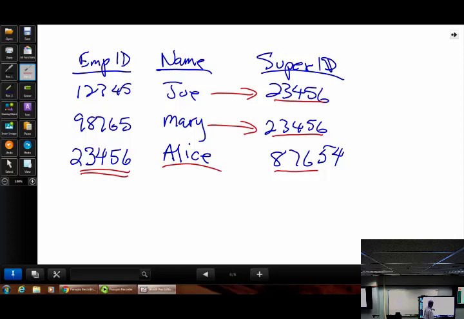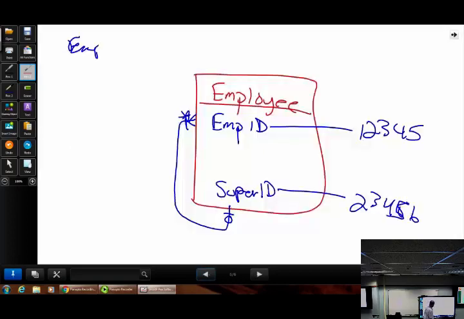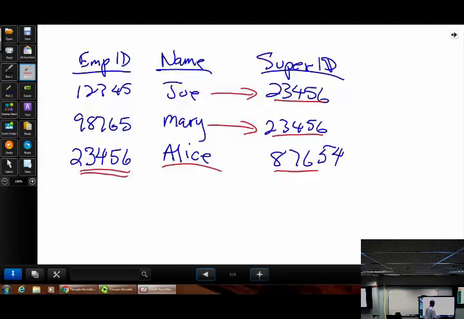In our case, Alice has two, so the cardinality works this way. But could it be seen as a person having a superior and also a superior? The boss's boss can order around everybody. Right. So if I put another person in here,